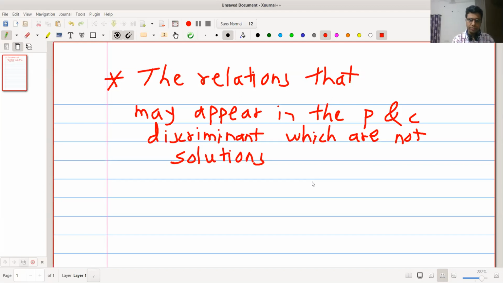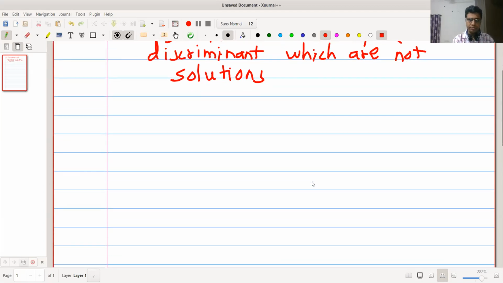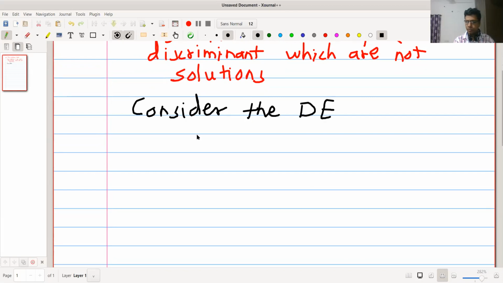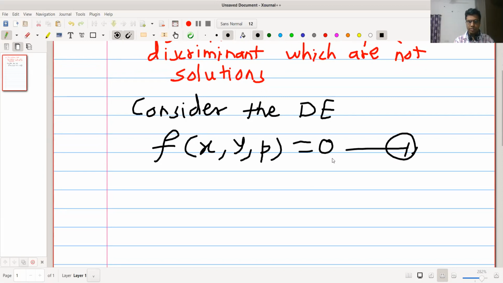So we consider differential equation of the form f of x, y, p equal to 0. We call this as equation 1, and